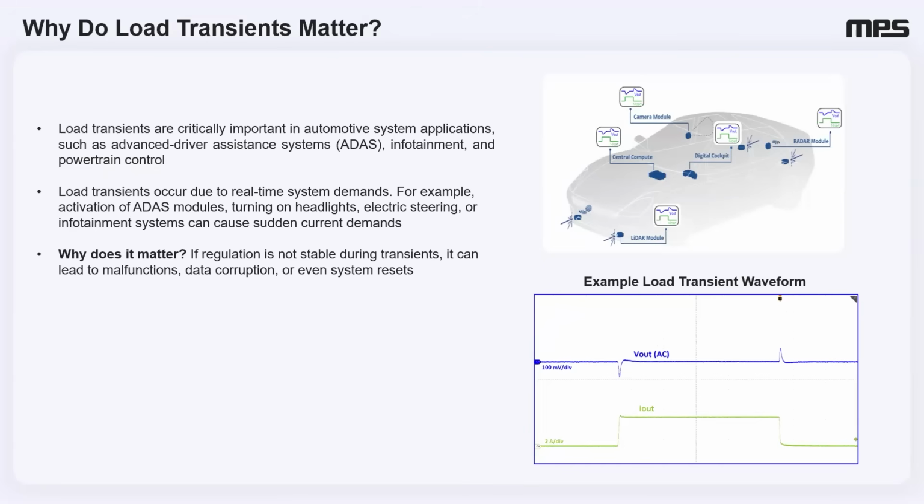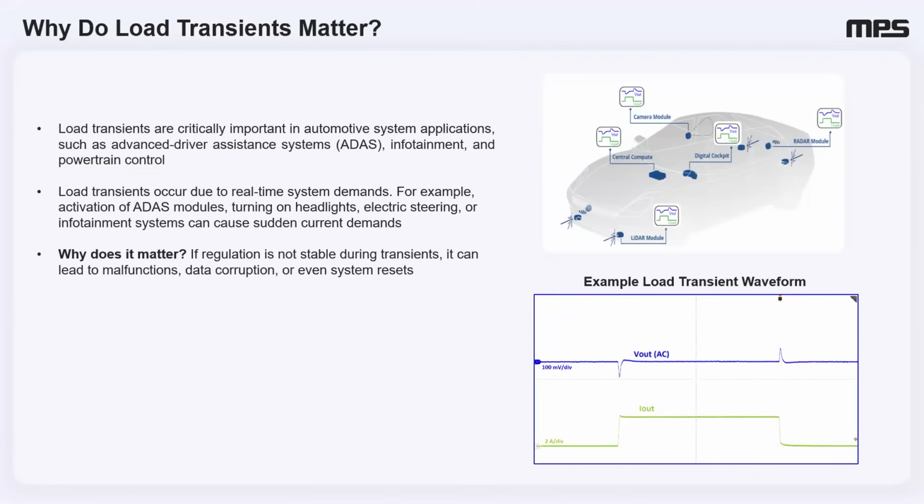So why do load transients occur, right? These load transients aren't random. They occur due to real-time system demands. For instance, when an ADAS module activates, when you turn on your headlights or engage electric power steering, these actions can cause current demands. So why does this matter? If regulation in the power supply isn't stable during these transients, the consequence can be very, very severe. This can lead to malfunctions in critical systems, data corruption, or even system resets, which are unacceptable and potentially dangerous